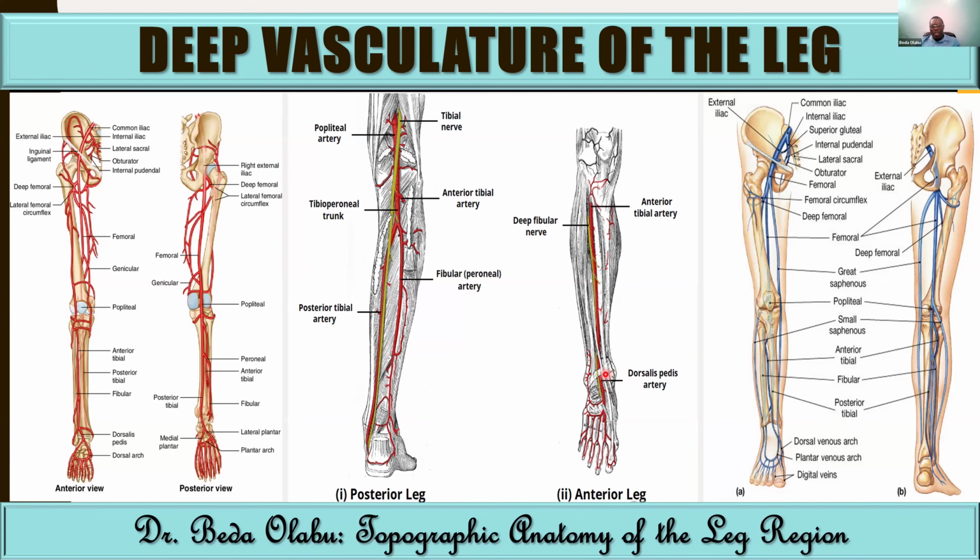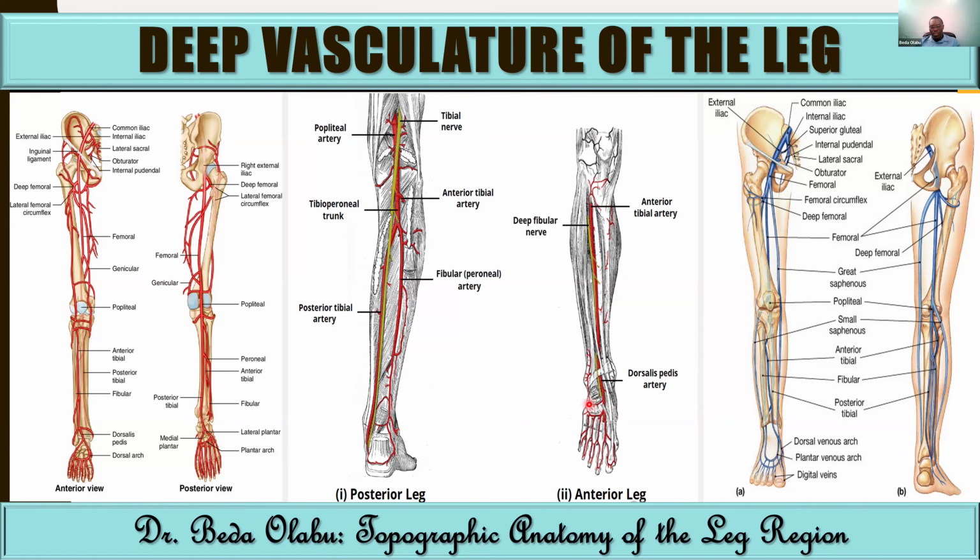So as clinical, we can pick the pulsation of the anterior tibial artery at this point, at the midpoint between the medial and lateral malleolus, we call that the mid-malleolar point. You can consider that as the anterior tibial pulse or the dorsalis pedis pulse because they're a continuum. However, for the dorsalis pedis, you can still feel it all the way until where it disappears at the proximal part of the gap between the first and the second metatarsal bone. So the first intermetatarsal gap, that's where the artery disappears to go to the plantar side,